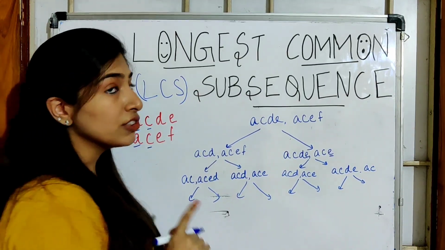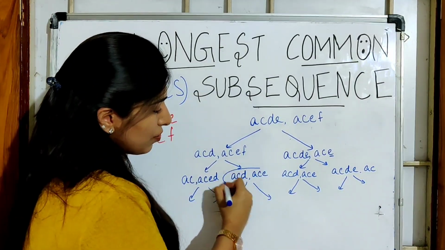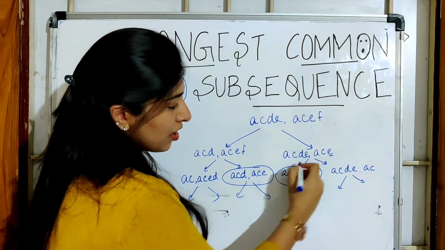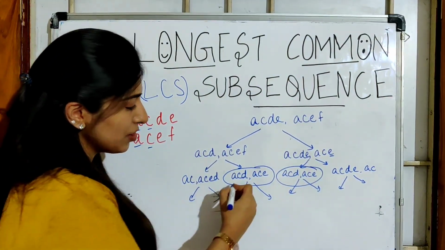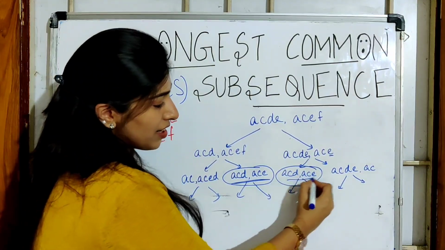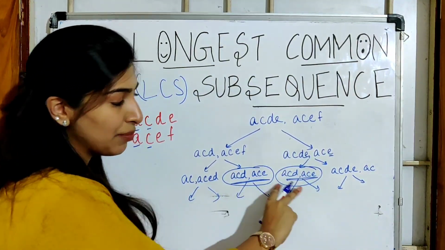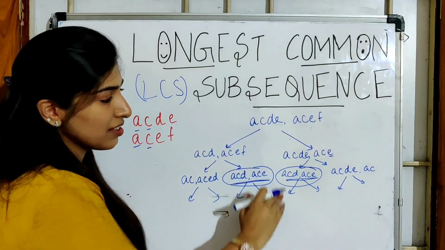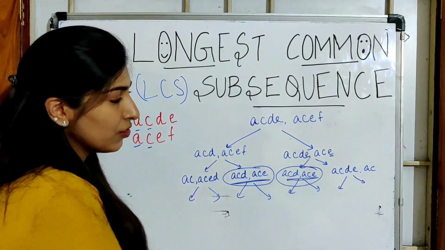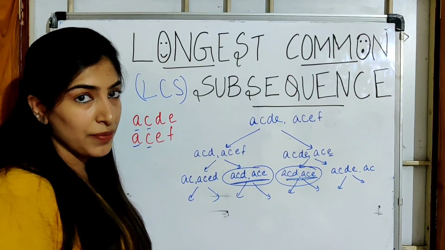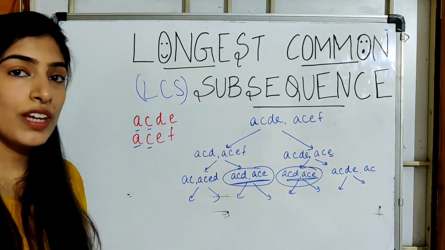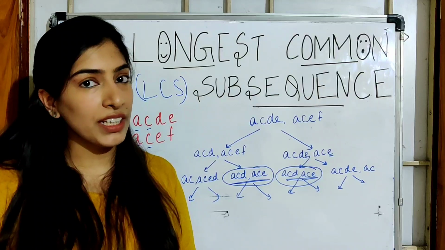But also notice that there will be few common elements. The more you write a tree, the more common elements you will be able to see. Here you can see finding the LCS of ACD and ACE happened twice. And we are just in the second step of our tree. If we go down, we will find more and more same sub-problems coming up, right? So what do we do when same sub-problems keep coming up in recursion?